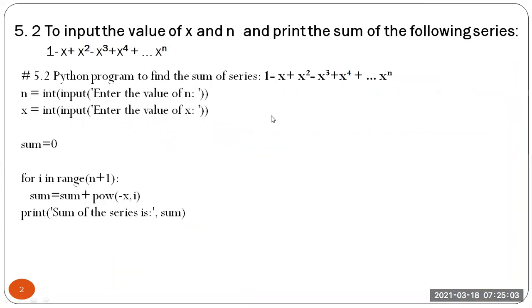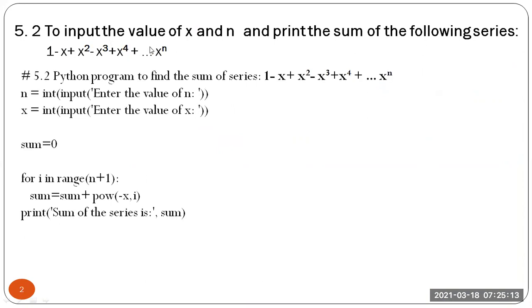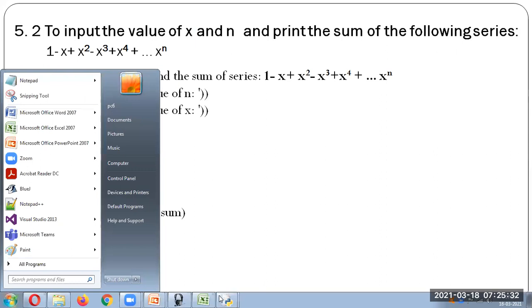Now the second series is only a small difference from the first series. If you see here, you will find that there is a minus. Wherever the same series is there, the even terms have got a minus sign. So here you will find the even position, here it is minus, here it is minus, like that. So the program is same only. Instead of x, we have written minus x. So let's see how this program will work.